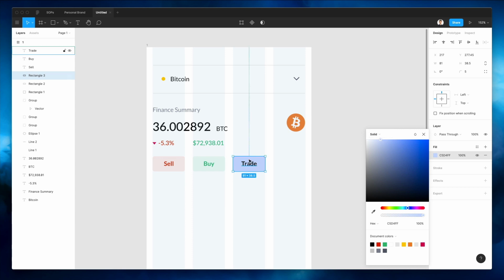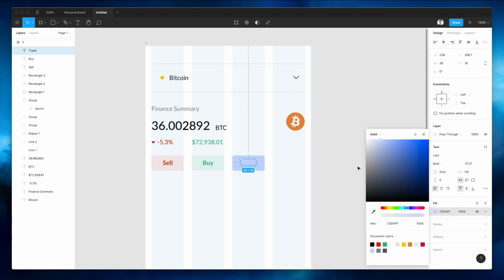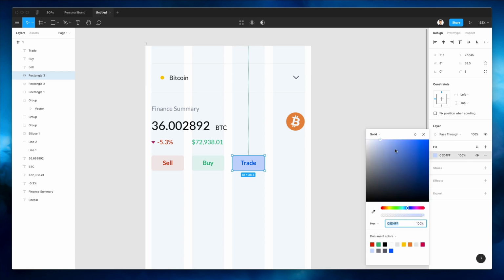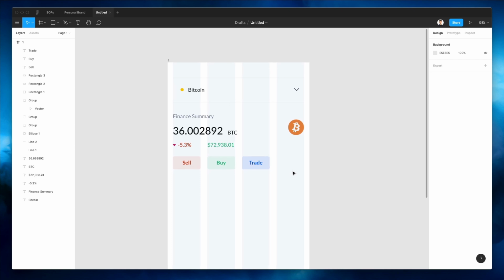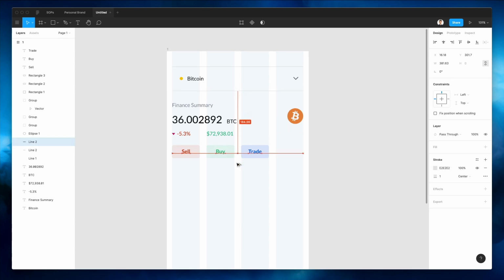Now what I'm going to do is change the color also of this trade, and I'm going to make it a little bit lighter as well, just to maintain the consistency. And yep, there we go. So far so good. Now another thing that we're going to do is move this guy down,